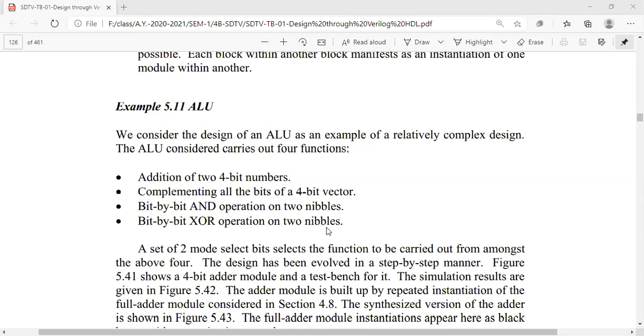Likewise, we may also perform some other operation for 11. We have a set of two select bits to decide which function has to be done now. That means based on the selection lines only, we are selecting which function it has to do at present.